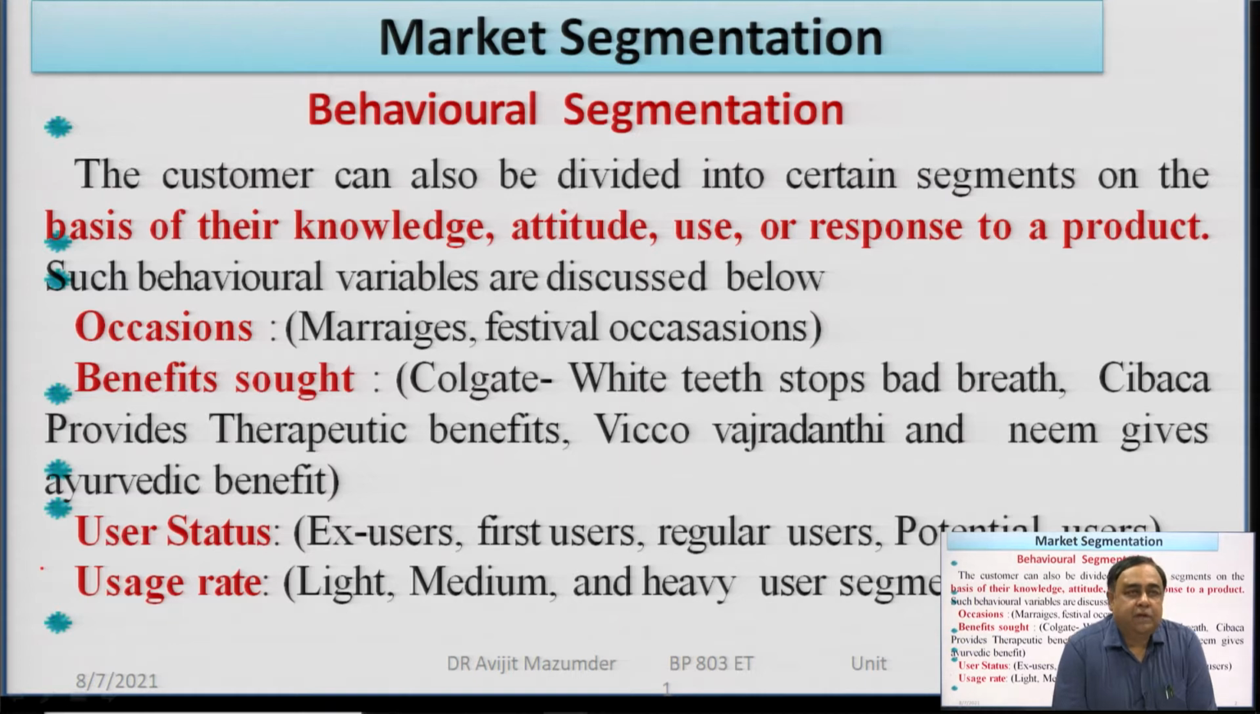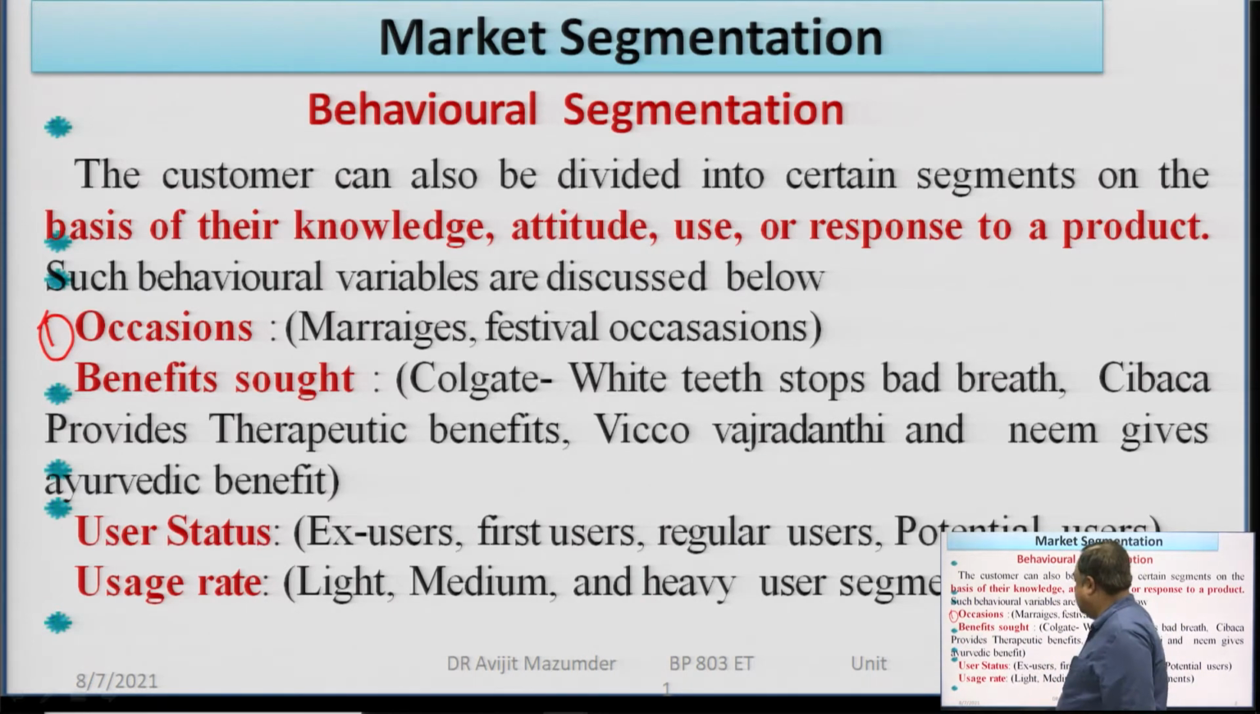As far as behavioral segmentation is concerned, it includes the knowledge, attitude, use and response to a product. For example, we purchase traditional attire particularly when festive seasons come, such as puja, Eid, Muharram. So in behavioral segmentation, customers can be classified into segments on the basis of their knowledge, attitude, use or response to the product. Such behavioral variables include occasions, number 1,